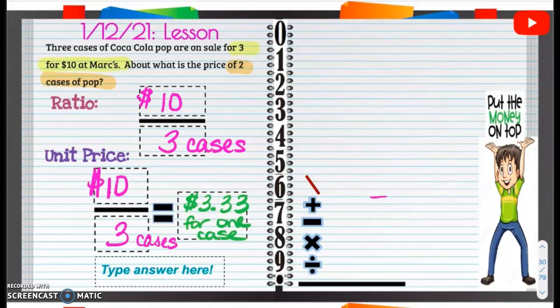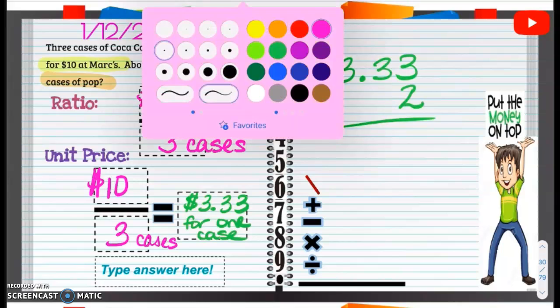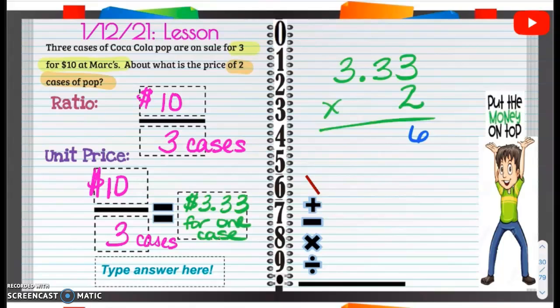2 cases. So if this is 1 case, to get to 2 cases, we need to multiply it by 2. $3.33 times 2. 2 times 3 is 6. 2 times 3 again is 6. 2 times 3 again is 6. The decimal is going to go in 2 spots. So our answer is